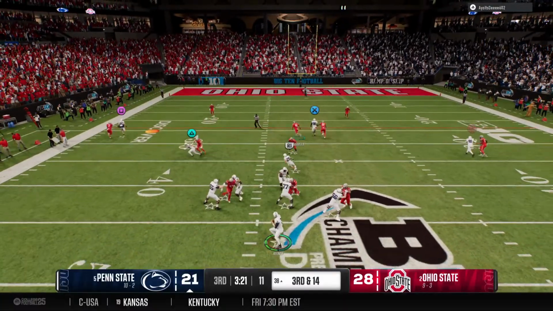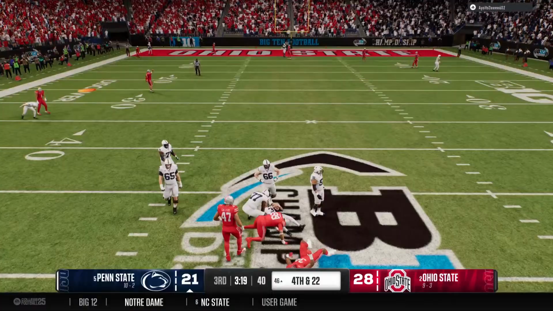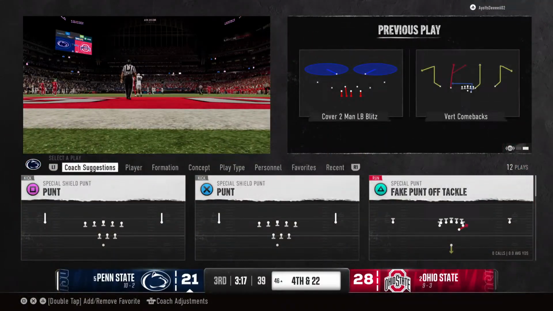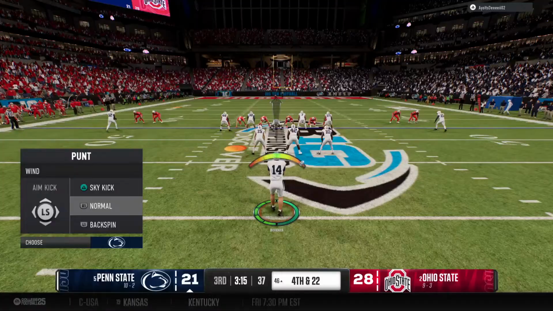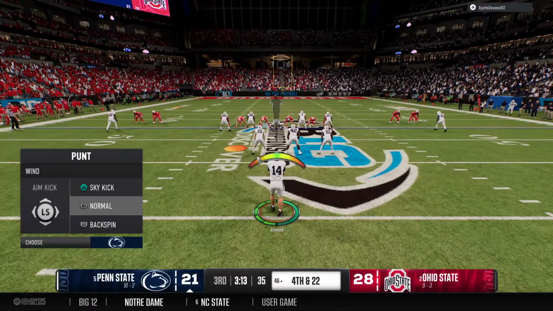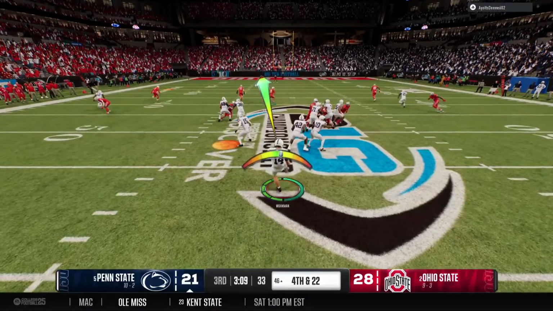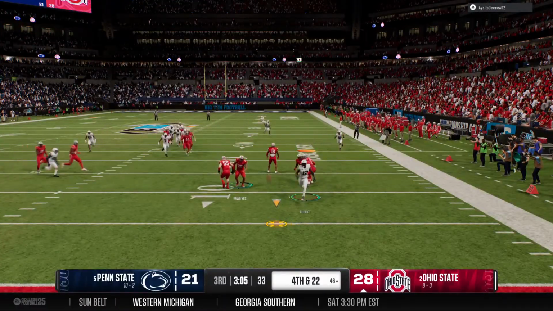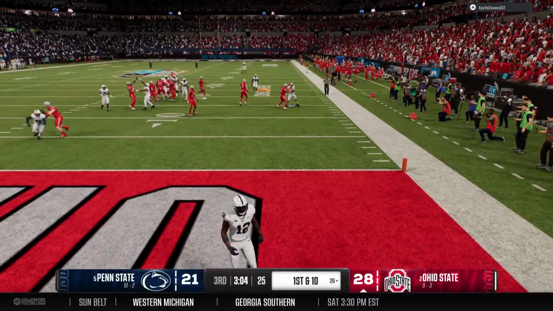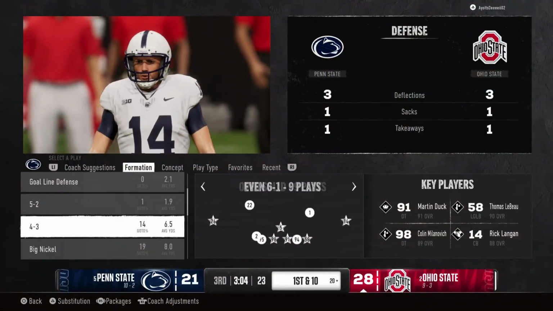Drops back, looking to throw for it on third down. They've got him. Defense comes up with a sack. And the Nittany Lions bring their punt team onto the field. And he'll kick it away now for the second time. Ball lands at the 5. It doesn't check up. Bounces into the end zone for a touchback.